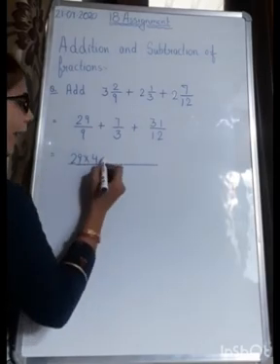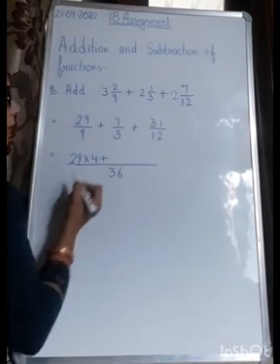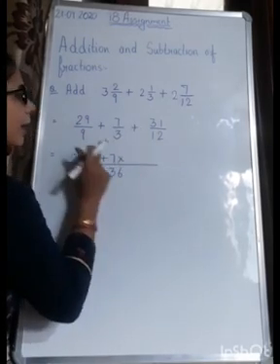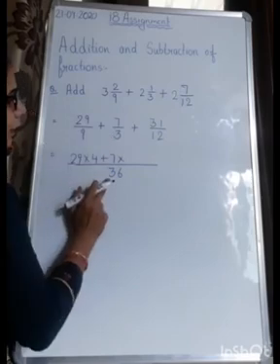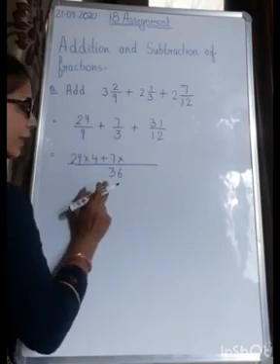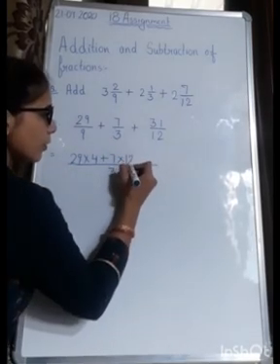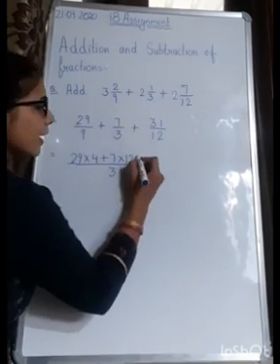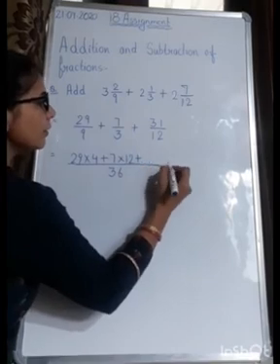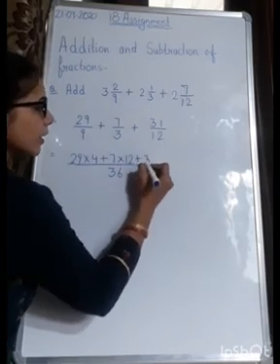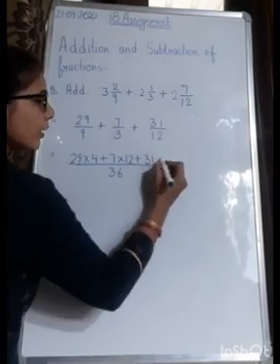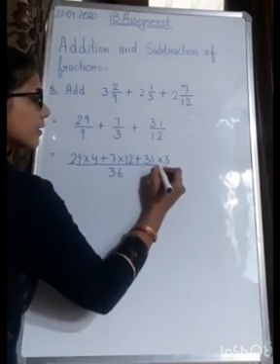Now what do you have? Add. So put a plus sign. Now again the numerator, that is 7, multiply by. Now in the 3 table 36 goes 3 12s are 36. So you will write 12. Okay, done with this one. Now what do you have? Plus sign. Now put a plus sign over here. Again the numerator, that is 31, and in the 12 table 36 goes 12, 3s are 36.